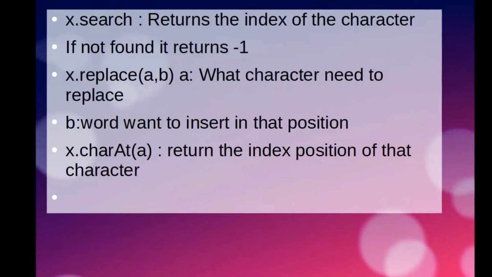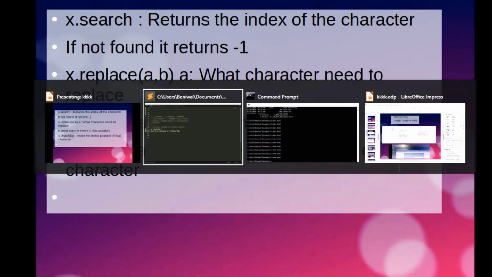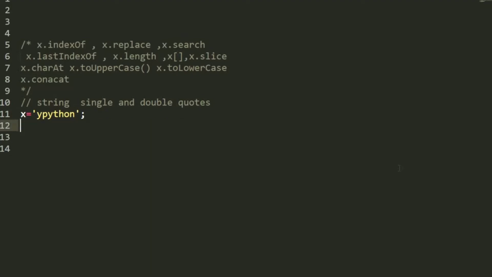Okay, so we have a next method, and that is x.charAt, and this will take an index position a, and this will return the character at that index position. And let me explain this also. So we have x.charAt, and we say we want to now say t,